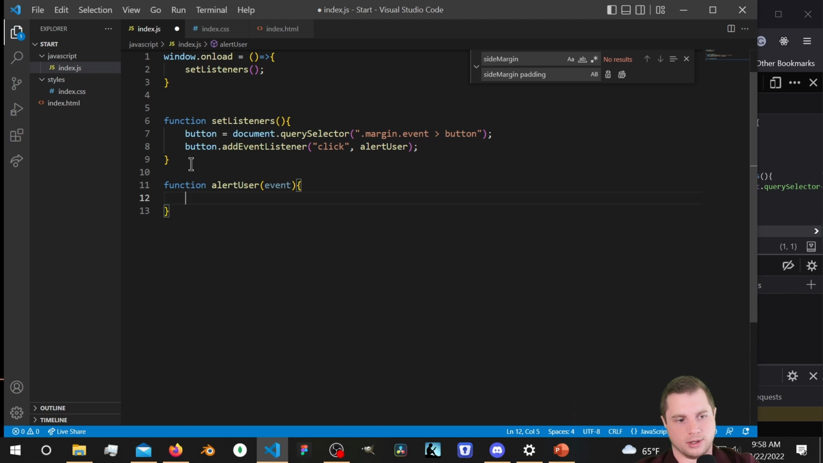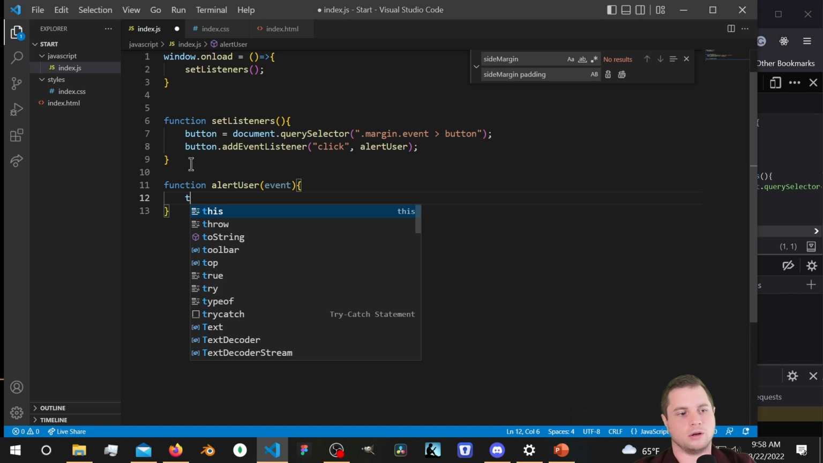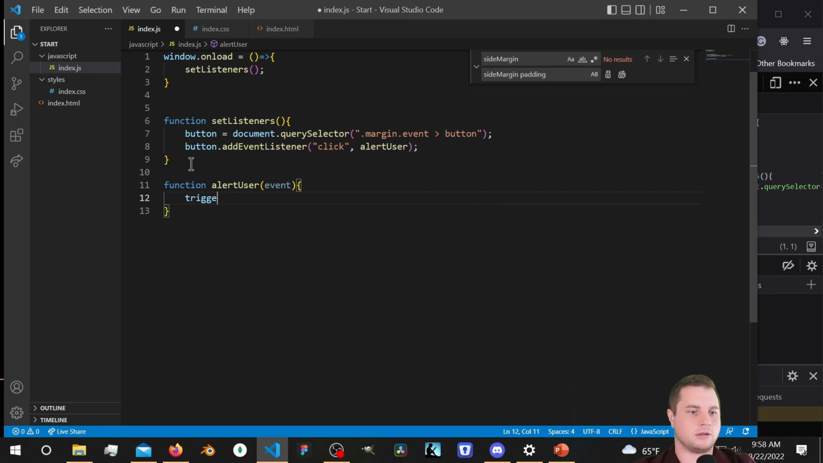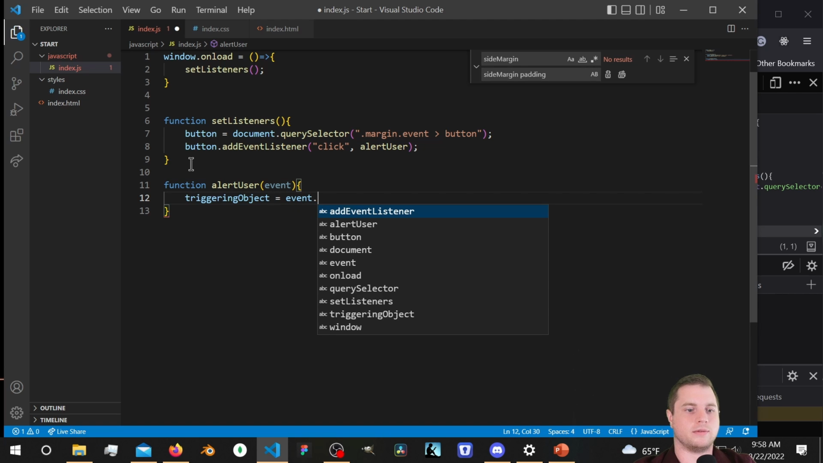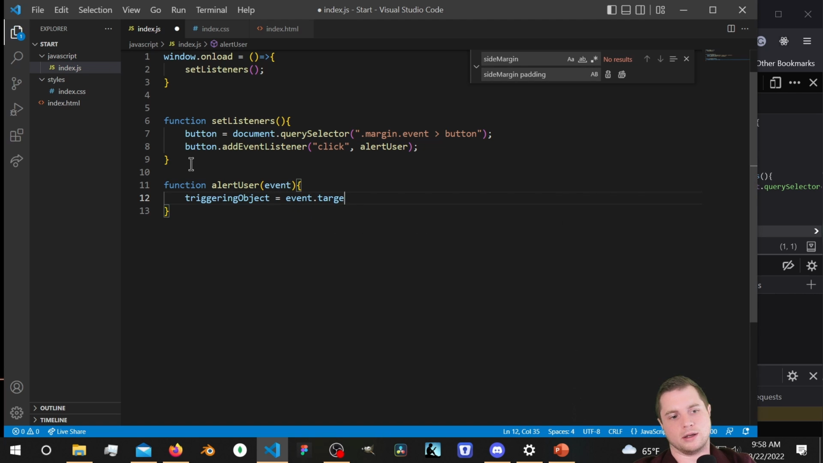And just to show you guys the event object and how to use it, where we're going to go is triggering object. And then we're going to use that event object target. And this is going to give us back the thing that triggered the event. So whatever triggered this, which is going to be this button, and I'm going to prove that here in a second,